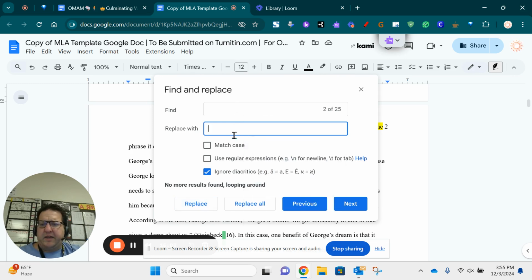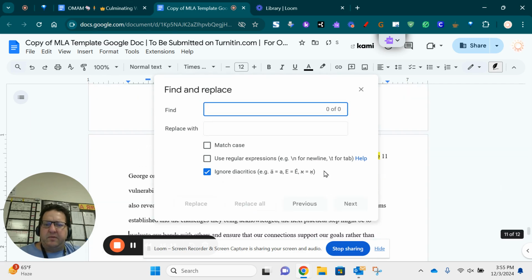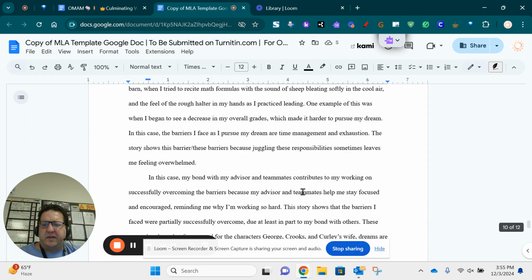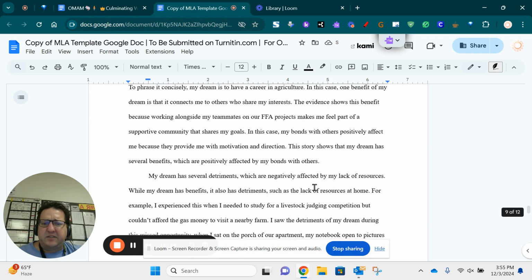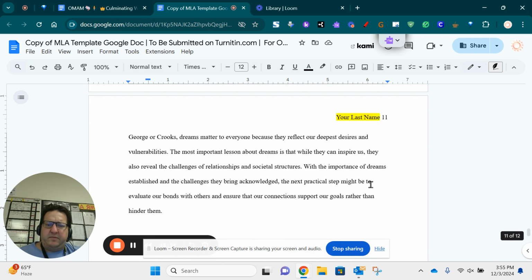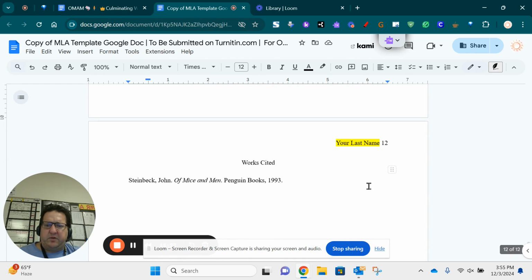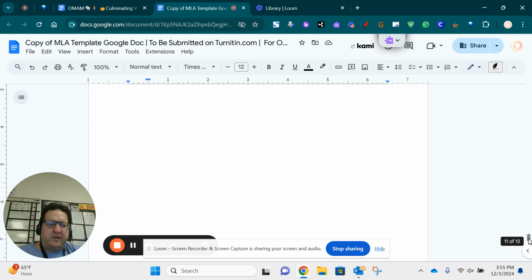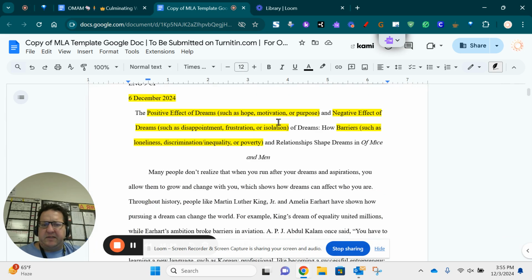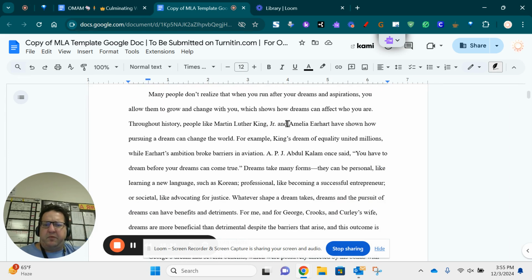It looks totally blank here, right? Okay, but this is two spaces under find, and it's one space under replace with. I'm going to do replace all. Okay, that should have taken care of the vast majority of the stuff that might have been going on that was incorrect. None of that stuff should affect your works cited down here. Some of it might have affected the stuff up here, which it did. It's okay. I'll add that back in before the next video.